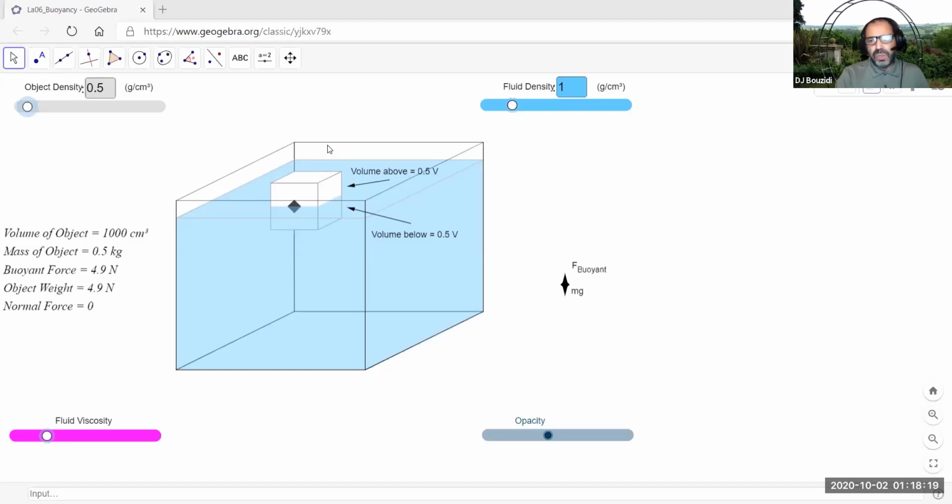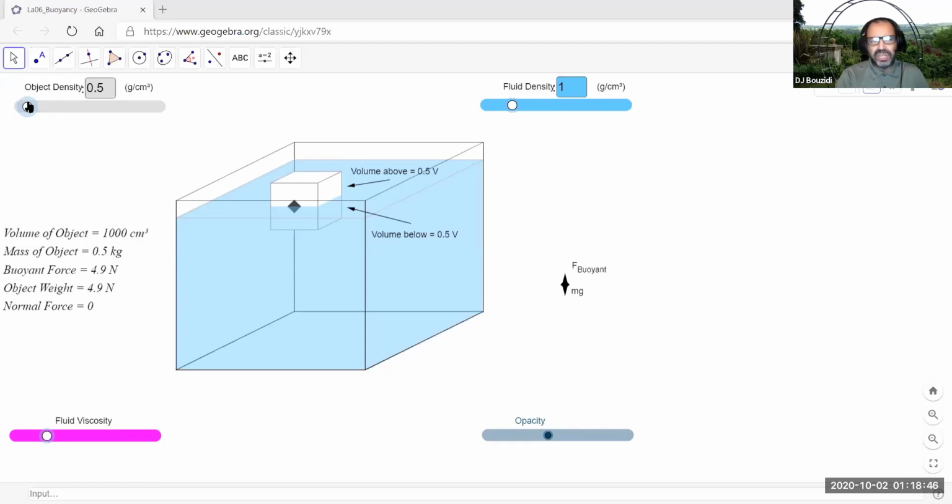So the ratio of half over half is 1. Basically the same amount of fluid has sunk and the same amount is still above. The same amount of the object is below the level of the fluid and the other part is above it. So that's the answer to the question. In this case, it's a ratio of 1. All you have to do is take 0.5 V divided by 0.5 V and you end up with